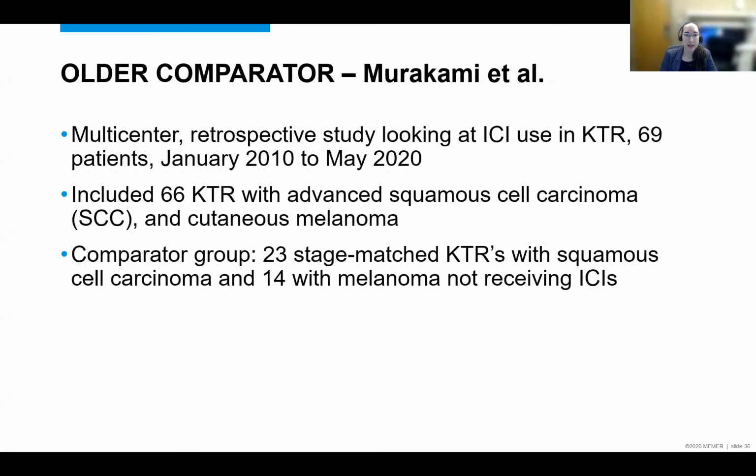The largest retrospective cohort study to date was done by Dr. Murakami et al., and they looked at ICI use in kidney transplant recipients from January 2010 to May 2020, so older data. They had 69 patients, 66 kidney transplant recipients with advanced squamous cell carcinoma were included in that group, and cutaneous melanoma. They did have a comparator group, 23 stage-matched kidney transplant recipients with squamous cell carcinoma and 14 with melanoma not